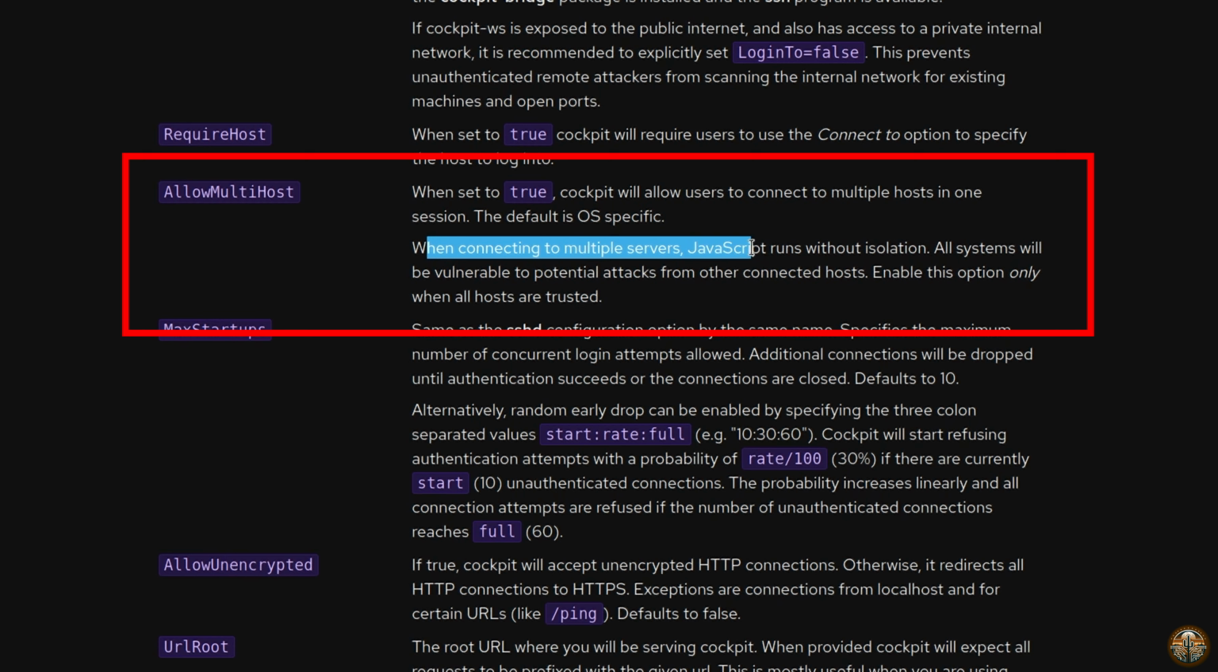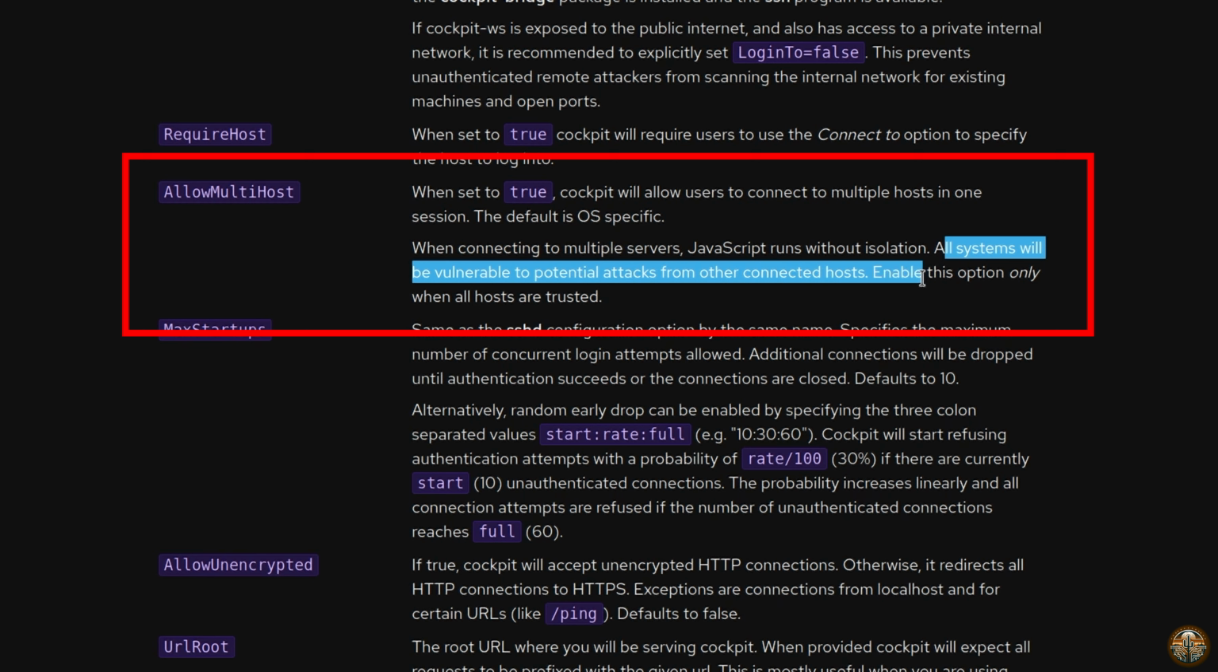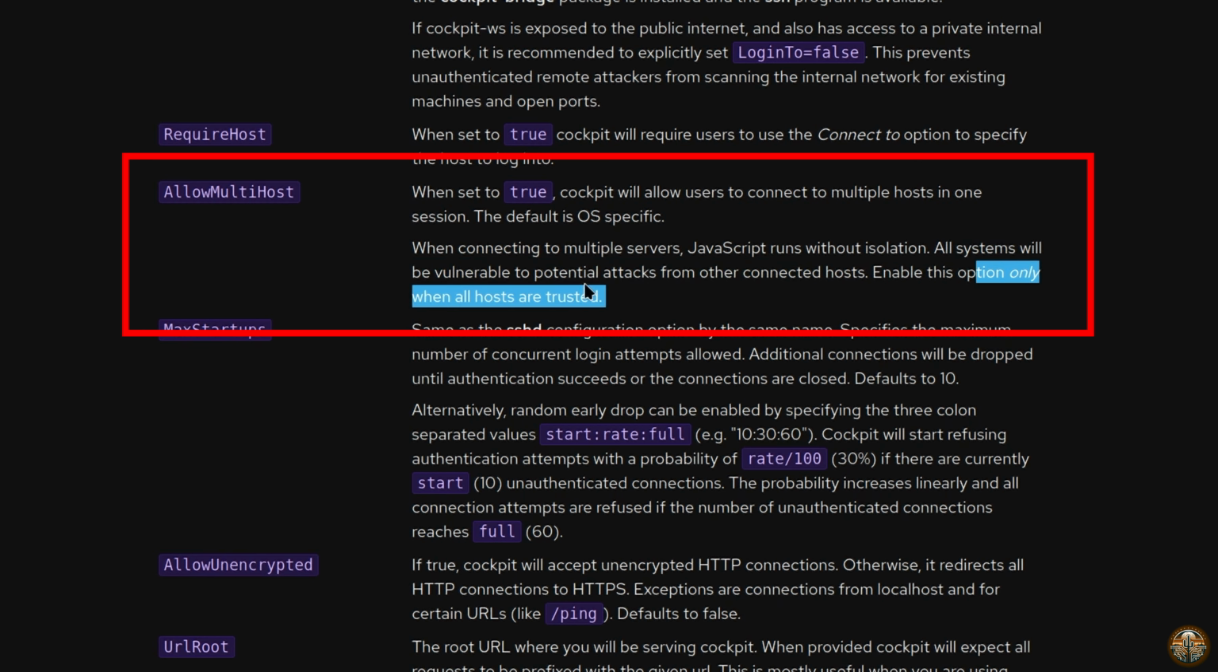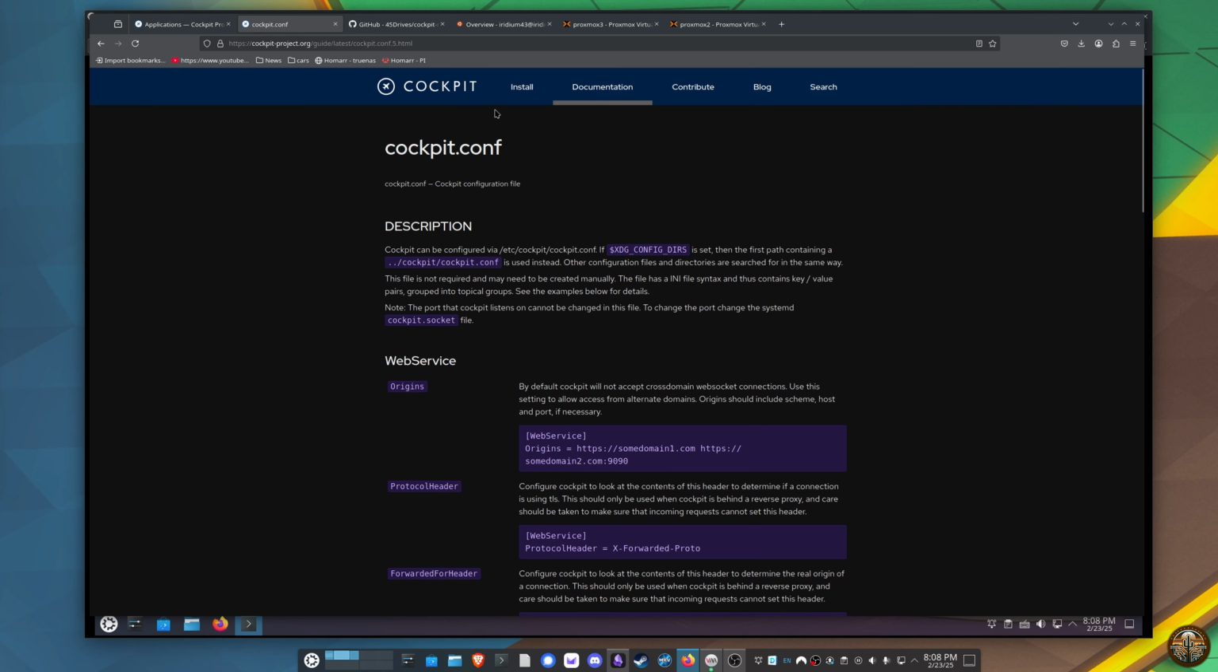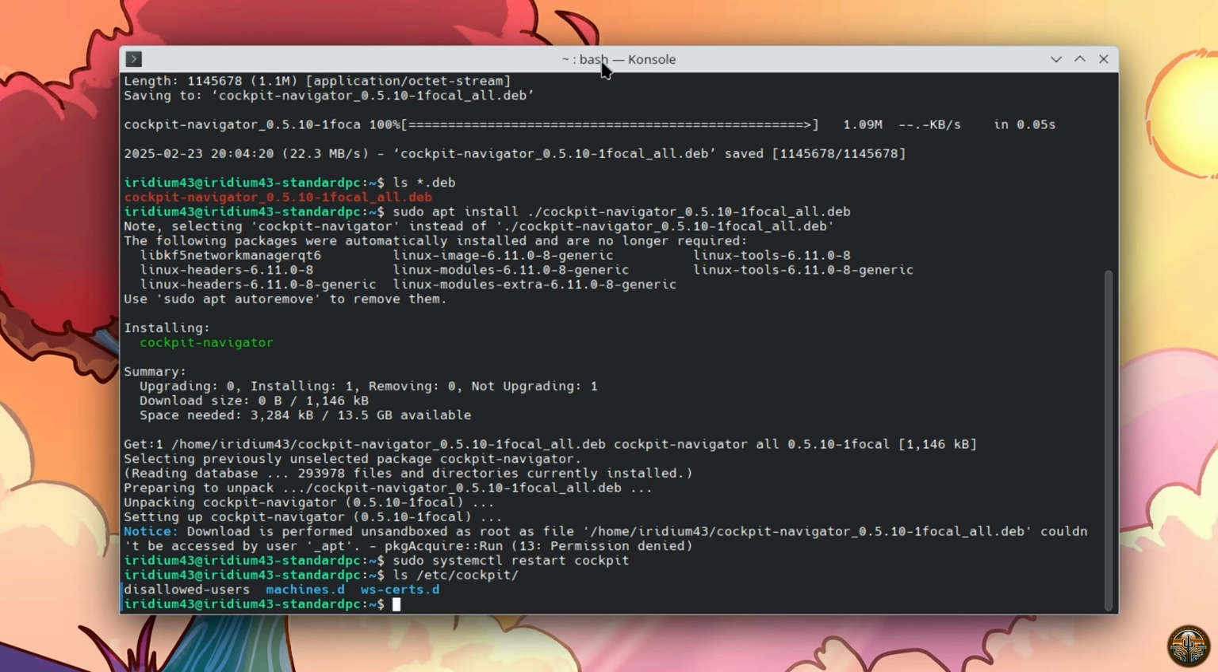When connecting to multiple servers, JavaScript runs without isolation. All systems will be vulnerable to potential attacks from other hosts. Enable this option only when all hosts are trusted. So you can see why they turn this off by default. Now, for my simple homelab environment, and definitely for this demo, I'm not too worried about it. But so what we're going to do is I will go back to the machine,